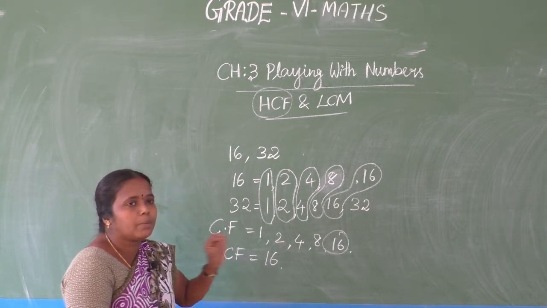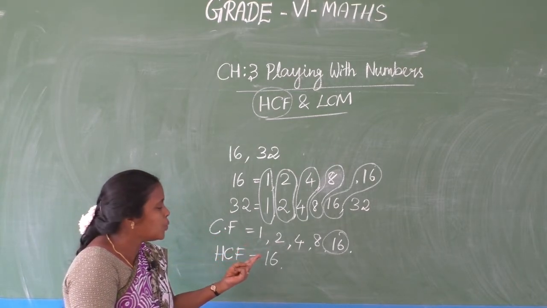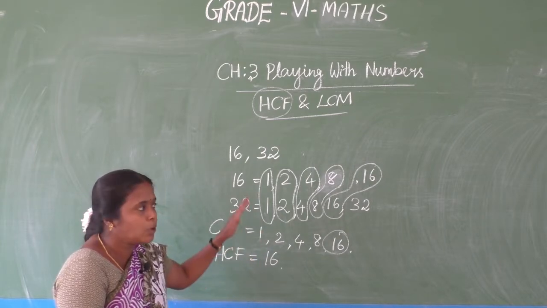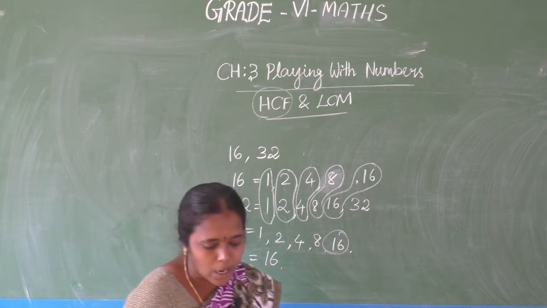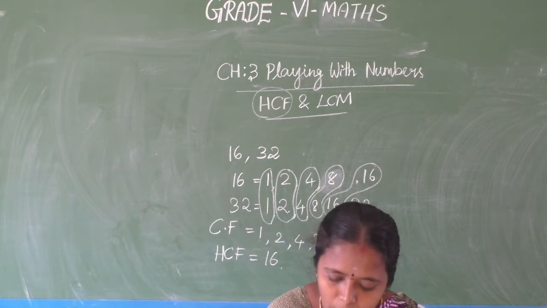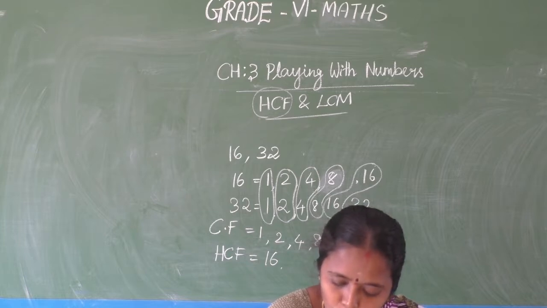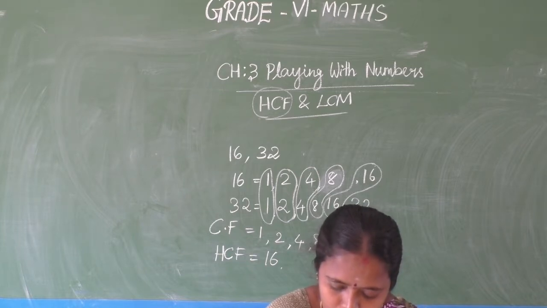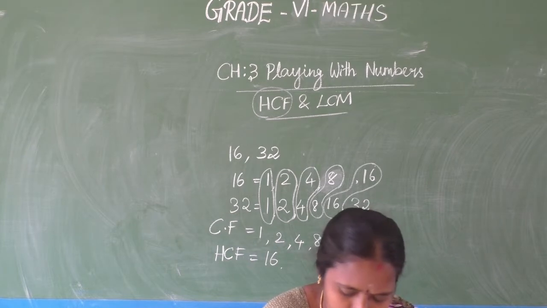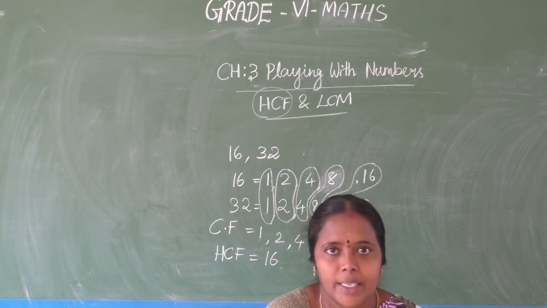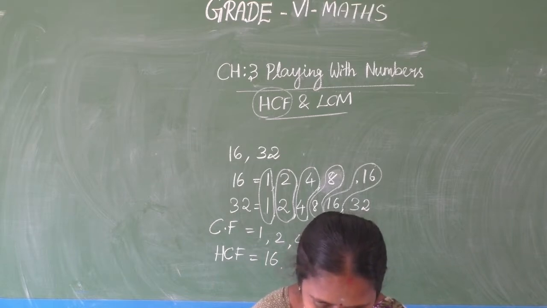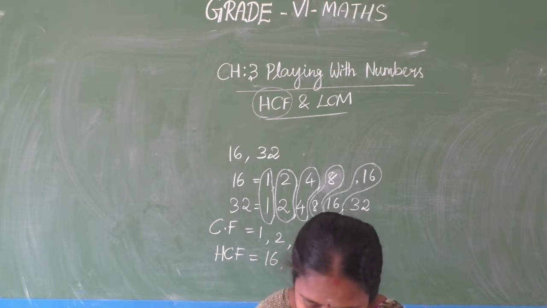Sometimes only prime numbers will come, or just two numbers will come. At that time we have to multiply the common factors. About that also we will see now. So HCF means what? The highest common factor of two or more given numbers is the highest of their common factors. Clear? See, in exercise 3.6,